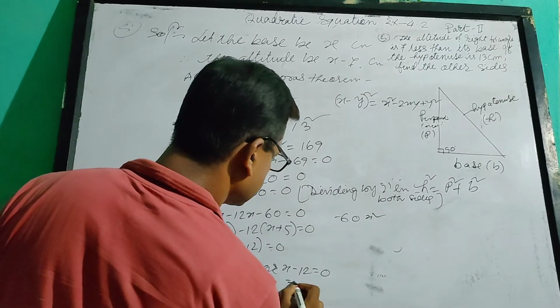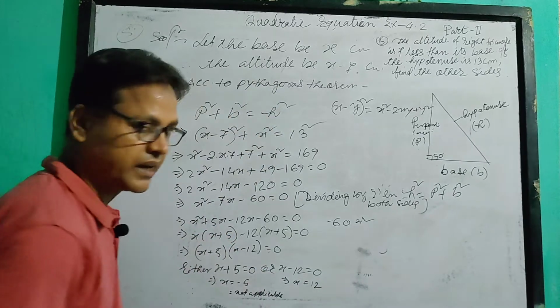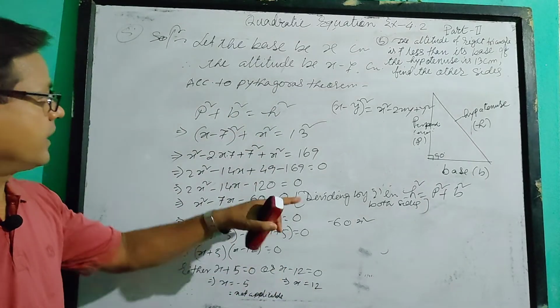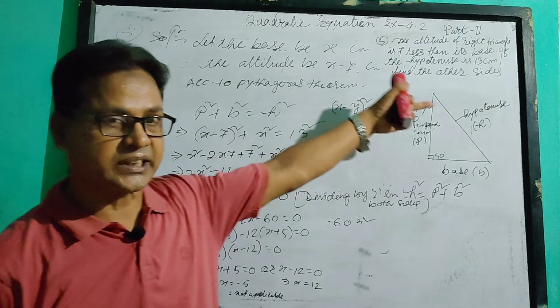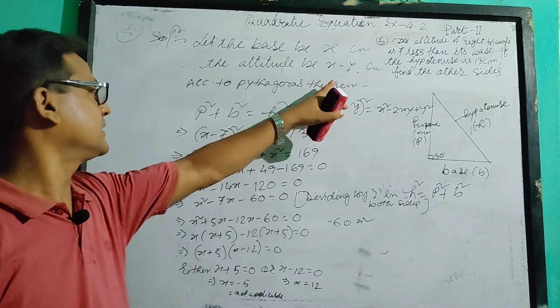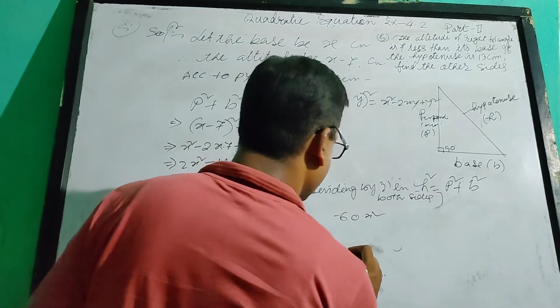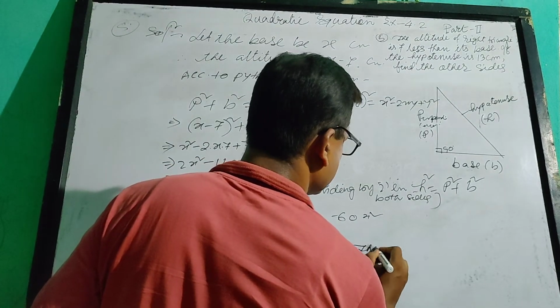फिर यहाँ से x उधर जाएगा तो क्या होगा? प्लस 12. तो ये 12 क्या है? हम लोग के क्या चाहिए? अदर टू साइड्स। अदर टू साइड्स क्या है? एक साइड है x और दूसरा साइड क्या है? x minus 7. मतलब therefore the base